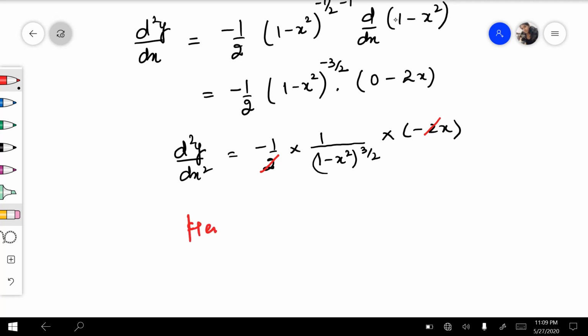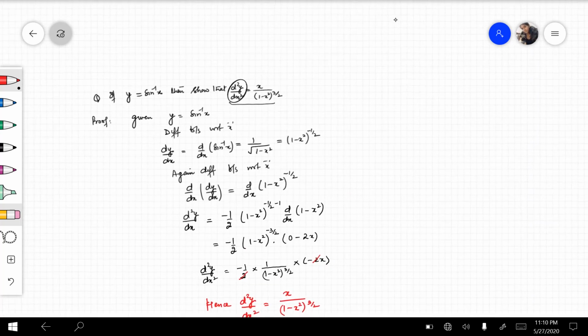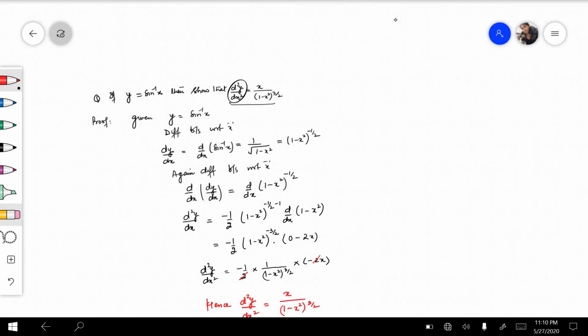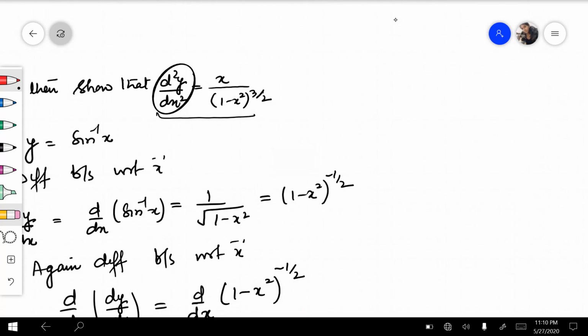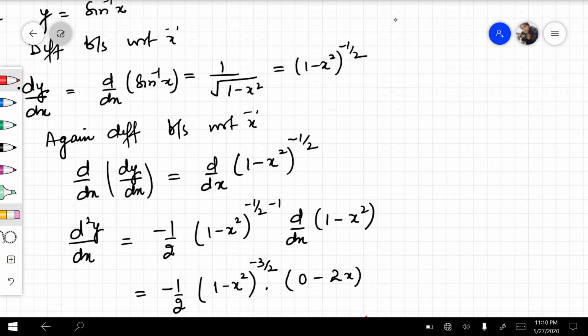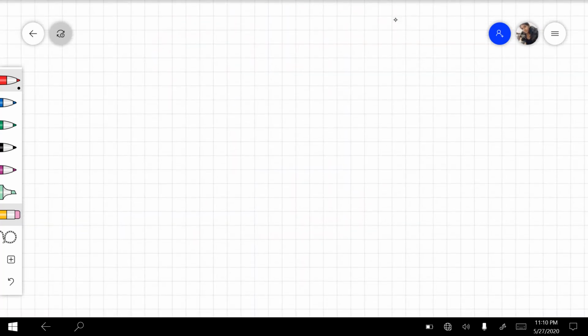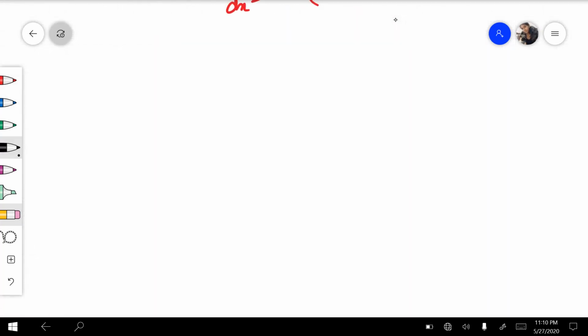So finally we are left with d2y upon dx square is equal to x upon 1 minus x square raised to power 3/2, जो हमें प्रूव करना था। आप देख सकते हैं d2y upon dx square is equal to x upon 1 minus x square raised to power 3/2. So after this question we have another one. Question is,